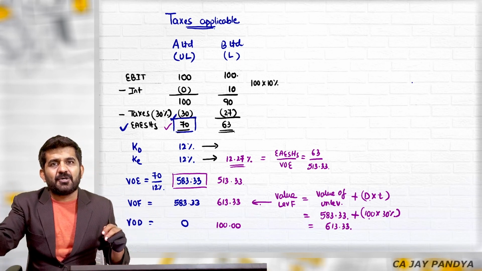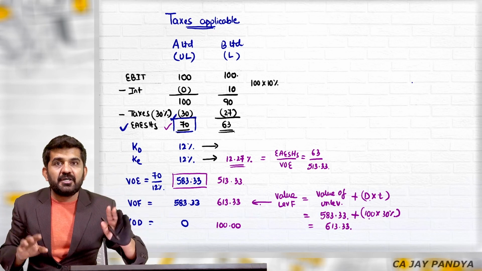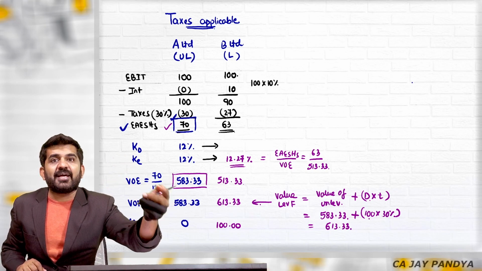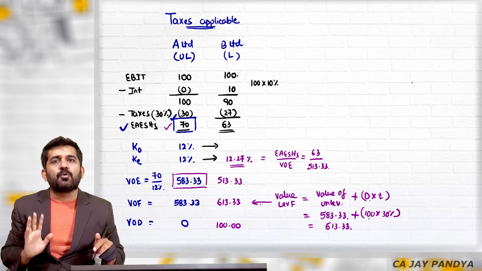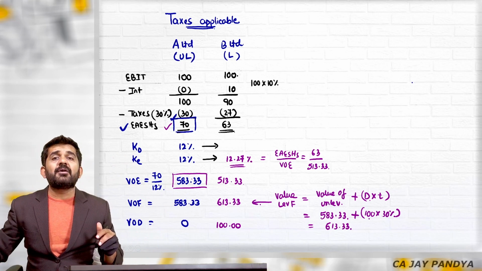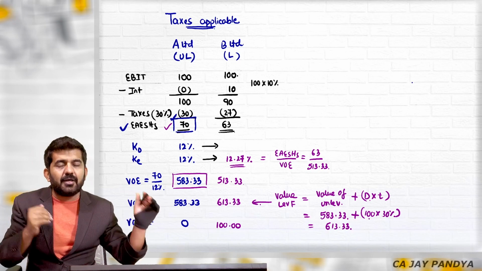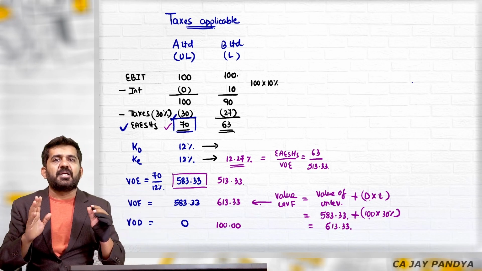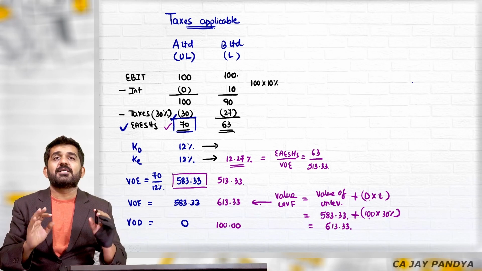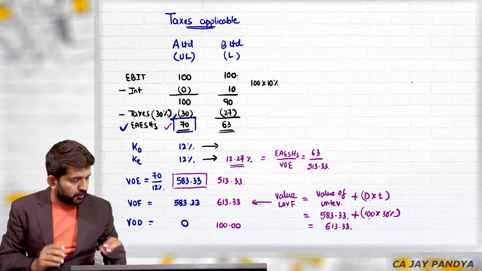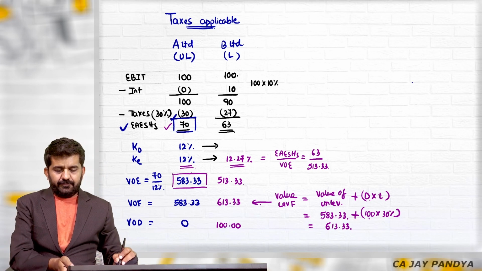Now, whether this company is liable to pay tax or this company is not liable to pay tax, I am not concerned. If they are liable to pay tax, after tax, they should give me 10 rupees. If they are not liable to pay tax, before tax, they need to pay me 10 rupees. But the required rate of return of equity shareholders in a taxable company and a non-taxable company is going to remain the same. There will not be any change as far as the required rate of return of equity shareholders is concerned. This is the reason KE is remaining the same.